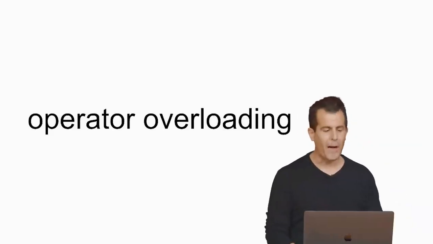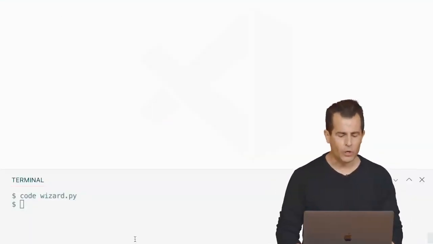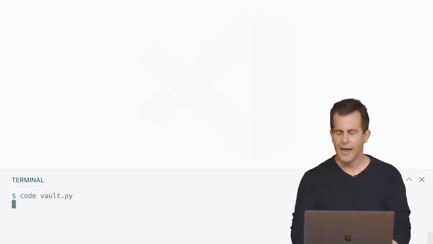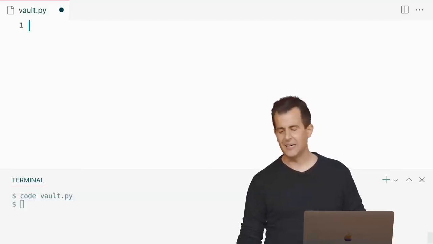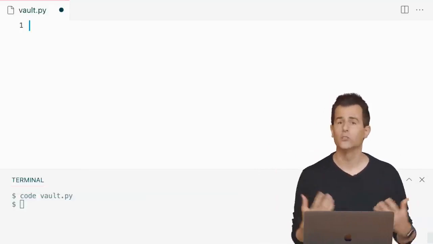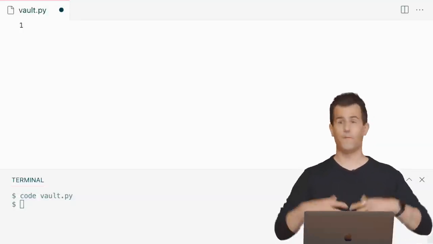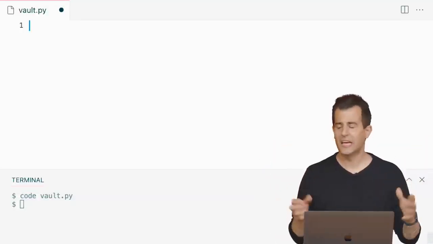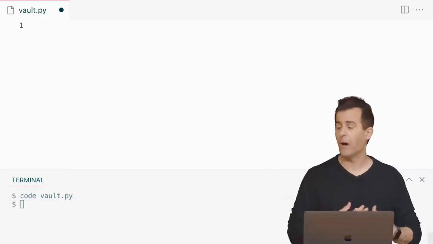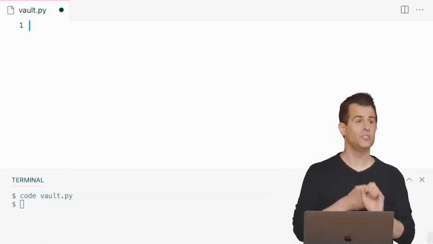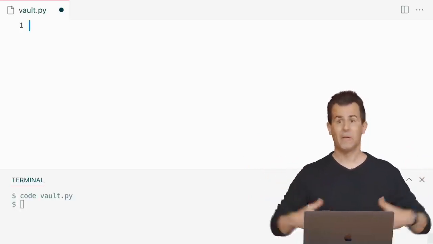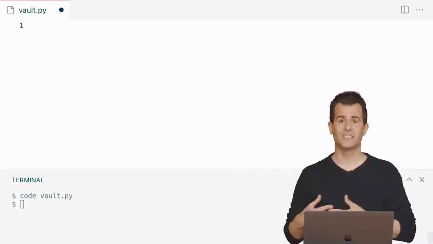Well, let me propose that we go back over to VS Code here, and let me go ahead and create a new final file called vault.py. So code vault.py. And let me propose that we implement the idea of a vault at Gringotts, keeping on theme, wherein there's a bank in the world of Harry Potter. And within this bank, families and individuals have vaults containing all sorts of money in the wizarding world. And the type of money that exists in the world of Harry Potter are coins called galleons and sickles and knuts. And those are in descending order of value. And so inside of a vault might be a whole bunch of coins, gold, silver, and bronze, essentially,